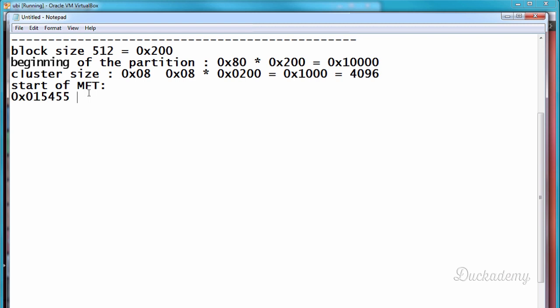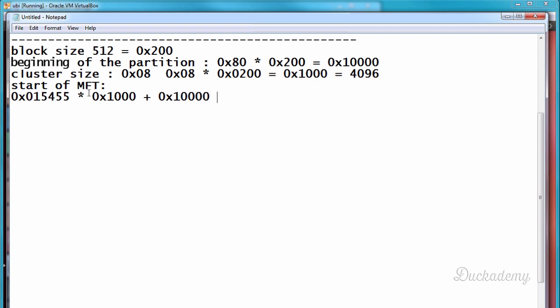Because it is measured in clusters, I have to multiply it with 0x1000, because this is the cluster size, and it is measured always from the beginning of the partition, because every partition has different clusters, of course they are not mixed. So plus